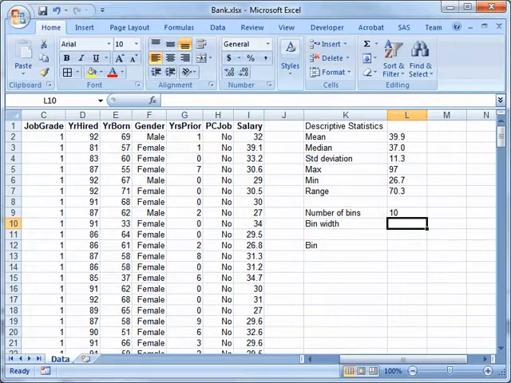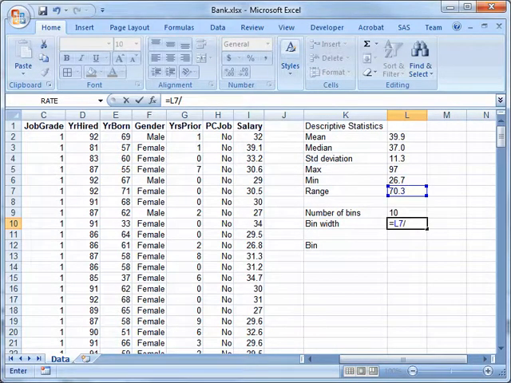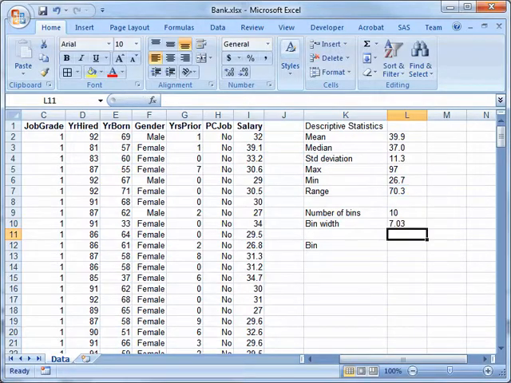And then what I do to cheat a little bit to make sure I have the correct range along the horizontal axis is use the min and max to make sure I get the right size bin. So in this case my range is 70.3 and I want 10 bins, so I can calculate how wide each bin is going to be exactly. So each bin is about $7,000 wide,